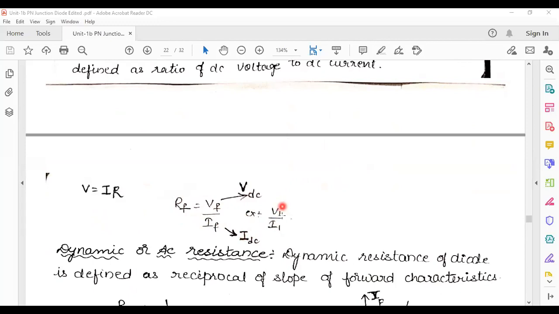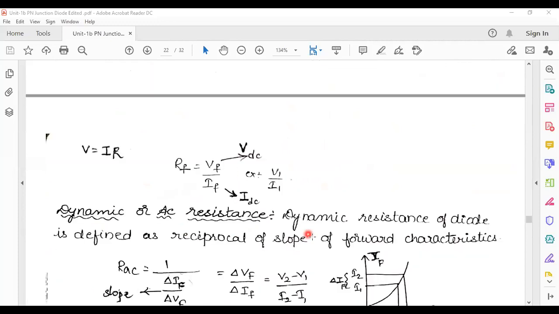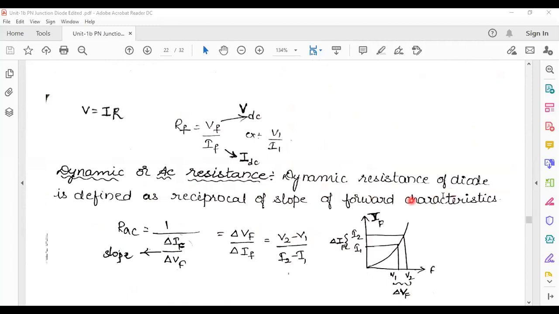V by I, V1 by I1, we can draw by taking 2 points from the graph. That is static resistance. Similarly, dynamic resistance of a diode is defined as the reciprocal of the slope of the forward characteristics. That means it is 1 by delta IF by delta VF, by considering this slope,